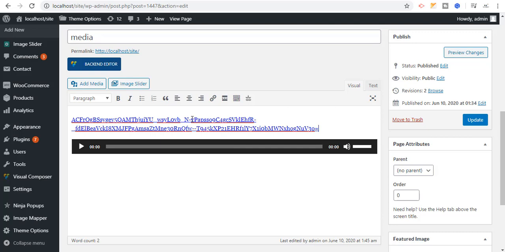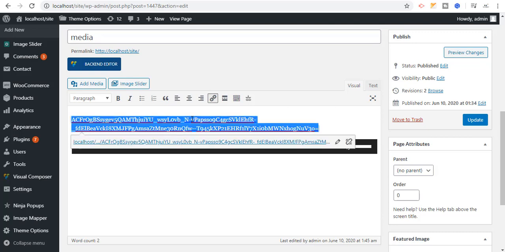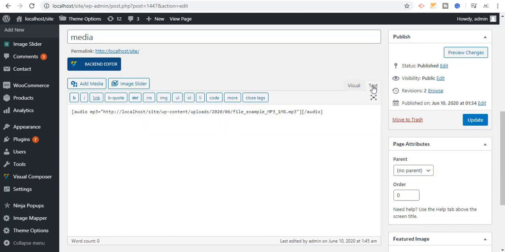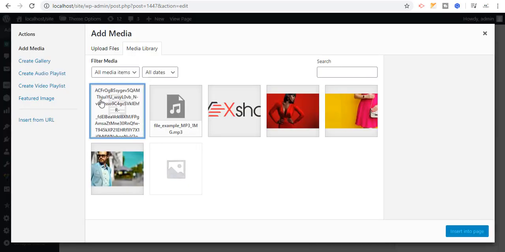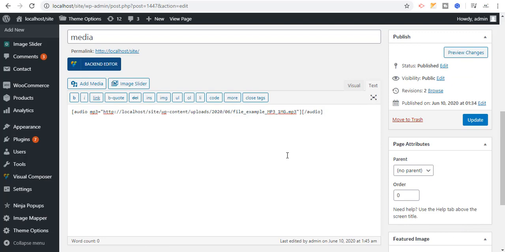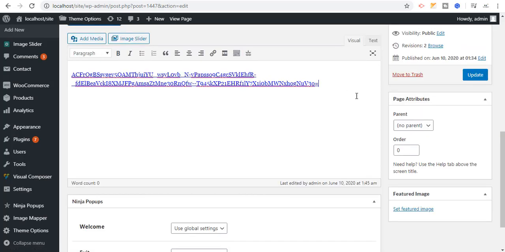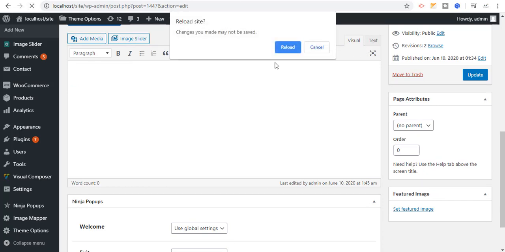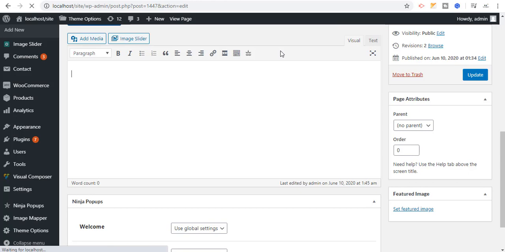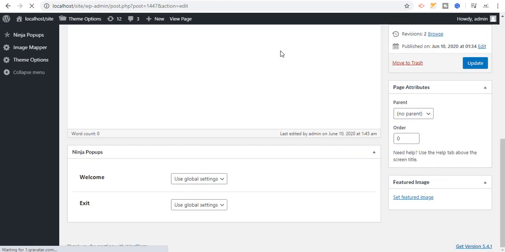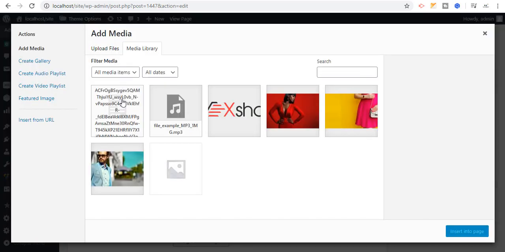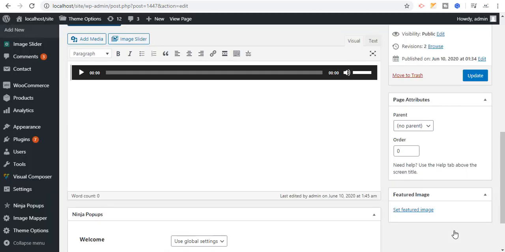So I will edit this text and add my own. Let's refresh the page first. Done. So let me add the media, insert into the page,